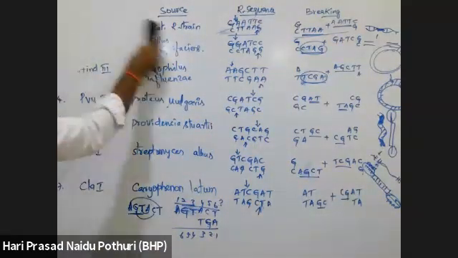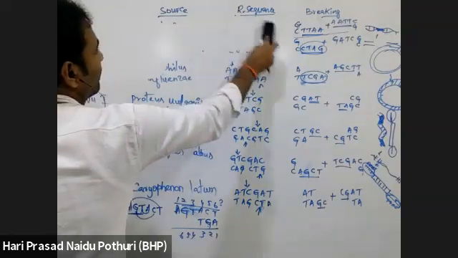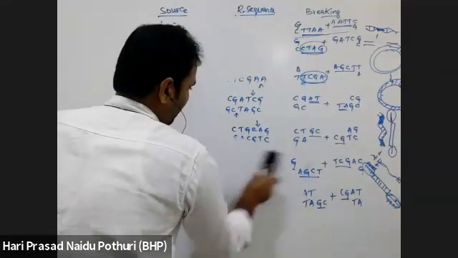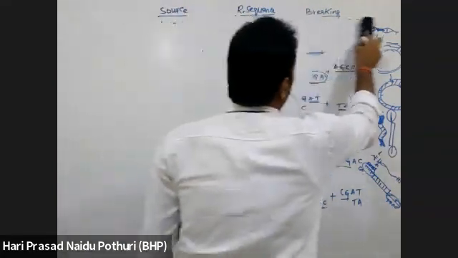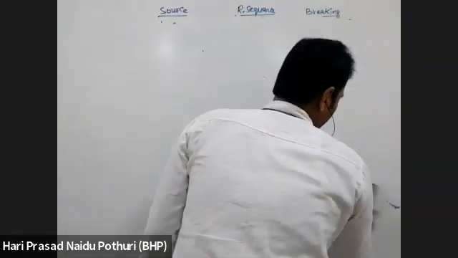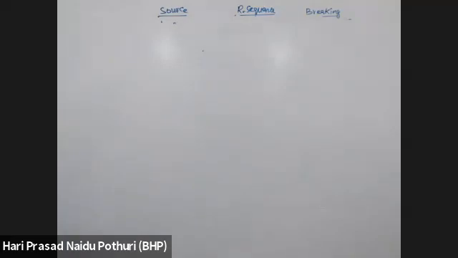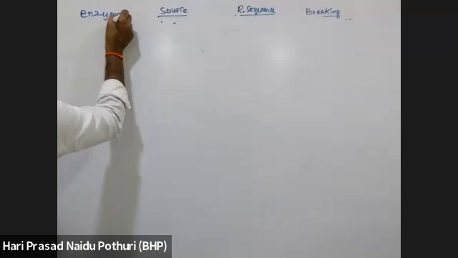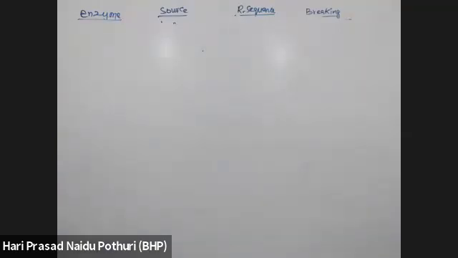This is a type 2 restriction enzyme. Type 1 restriction enzymes. Usually in EcoR1, I mean, sorry, EcoR, not EcoR1. In pBR322, there are 8 different restriction sequences which can be broken by 8 different enzymes. Among them, 7 we wrote. One more is there, the 8th one, that is actually type 1. 8 restriction sequences are present in the pBR322 vector. That 8th one is a type 1 restriction enzyme. See that one, PvuII.